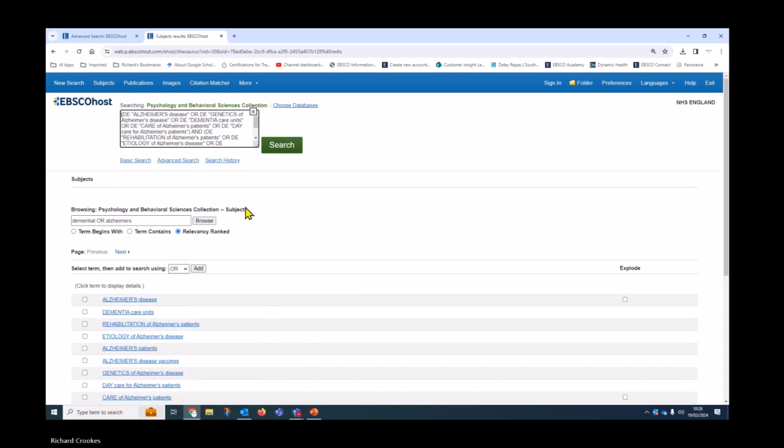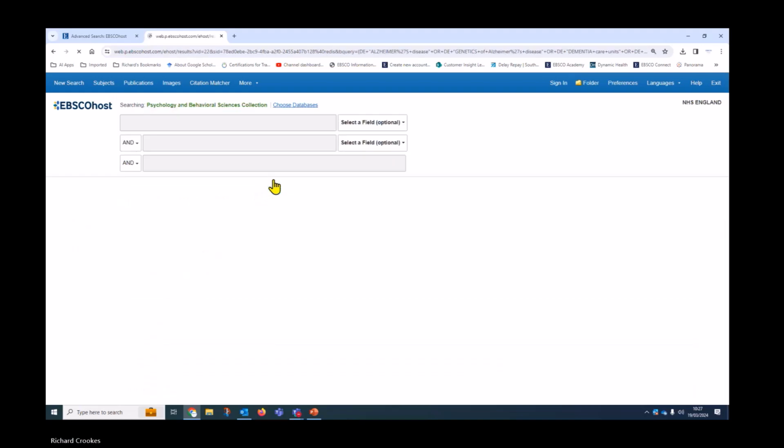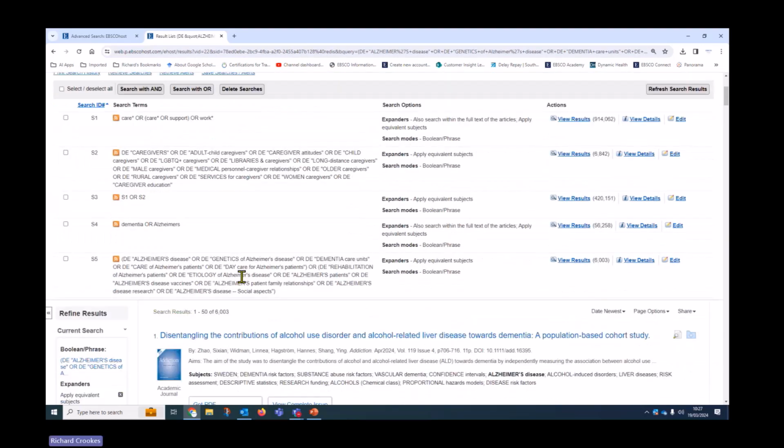And I'll change this to OR this time because it is OR, not AND. Okay, so we'll look at OR these elements as well. Okay, so we're going to run this search now. And then we've got our results below. And so we can also, by the way, when you spot any errors,